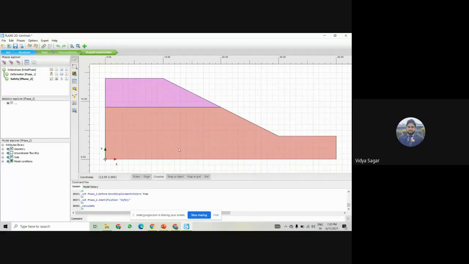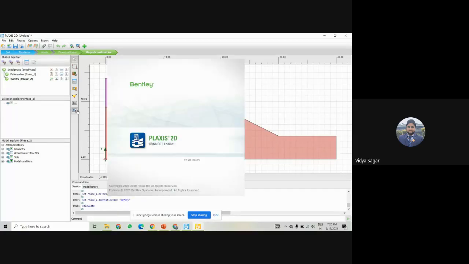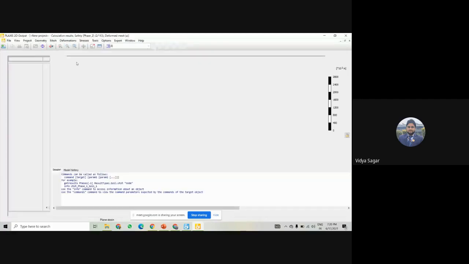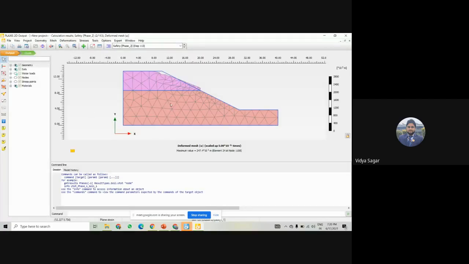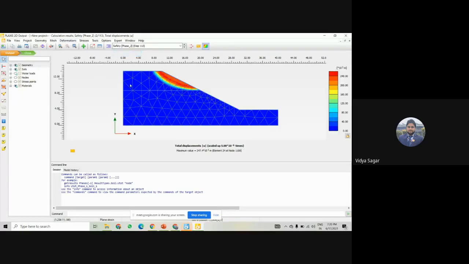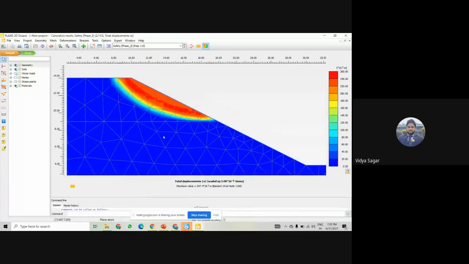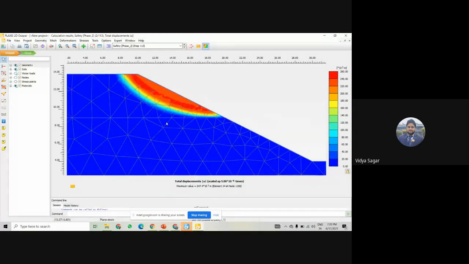Now we can see here the output. And now you can understand how we study in the courses, how it is showing the deformation. And this is the deformed area, which we call a slip surface. In this slip surface, you can see two things are there. One is the driving force and another is the resisting force. So what can be the driving force in this case?